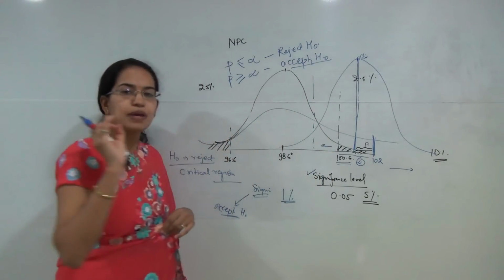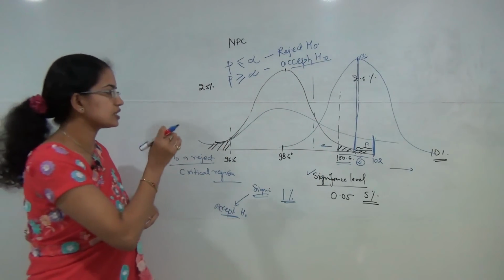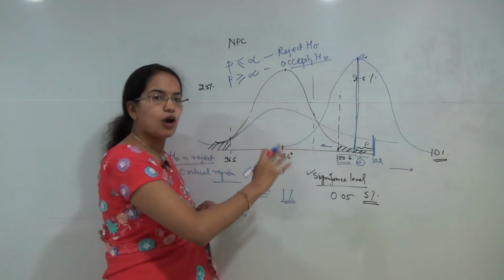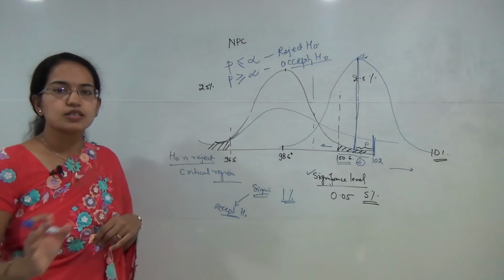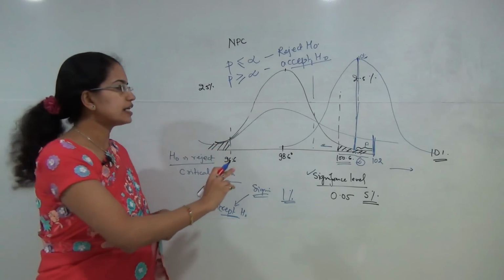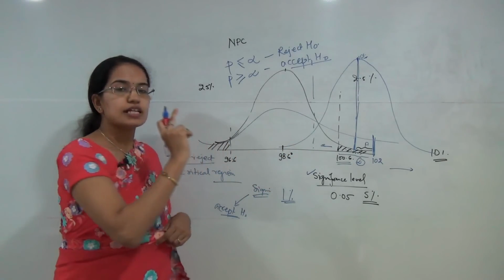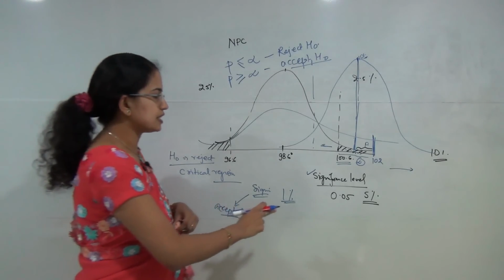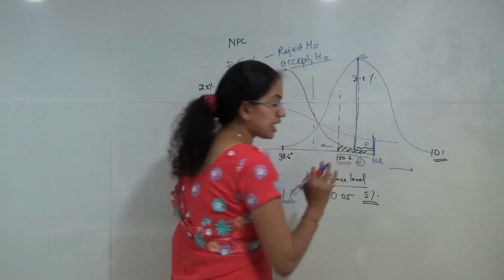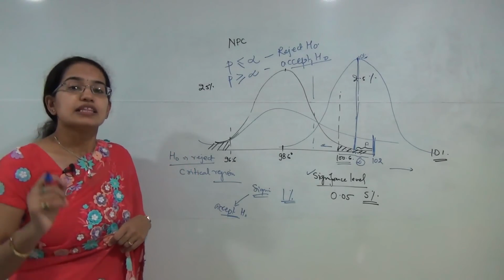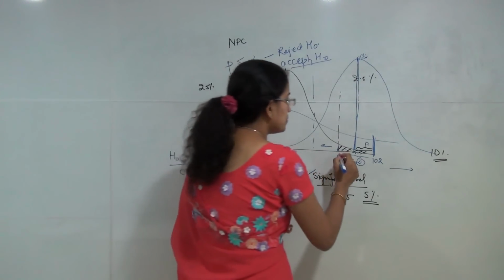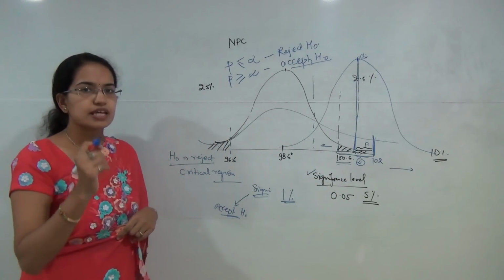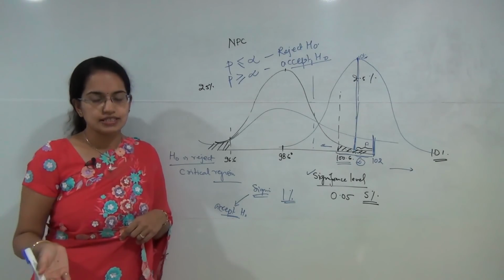So that's the basic concept to understand for today's lecture: how we understand the alpha region, how we come on to the type 1 errors, what is a p value, what is the null hypothesis, and where do we reject or accept the null hypothesis. So as we said, when we talk about statistical significance, we say that could be an error due to chance. So that chance is 5% or 1% based on what we keep as our standards before we begin the test.